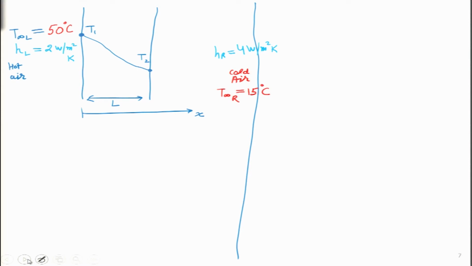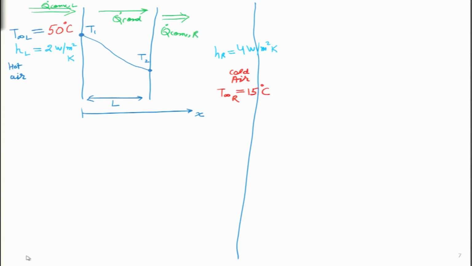Now what is going to happen over here, if this is the scenario in steady state, what it essentially means is that this hot air is giving energy in the form of convective heat transfer from this left side to the right side. So I will write this as Q dot convective on the left side. Then conduction takes place through the wall. So I will write it as Q dot conduction, and this wall on the right hand side surface heats up the air which is present adjacent to it. So I will write it as Q dot convective R.